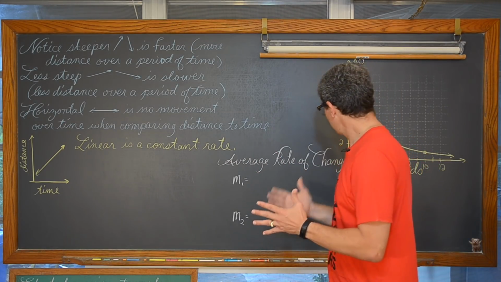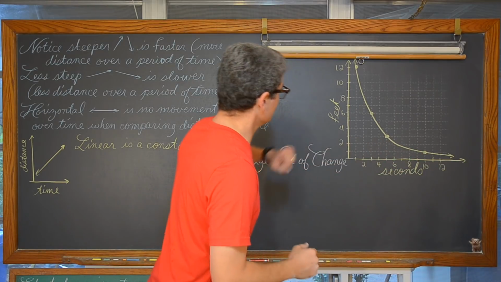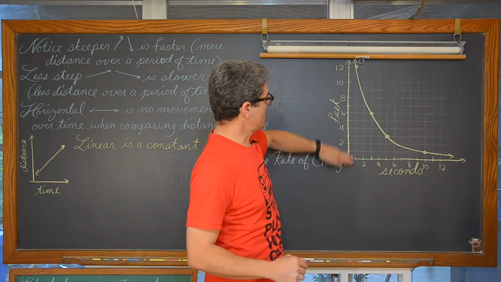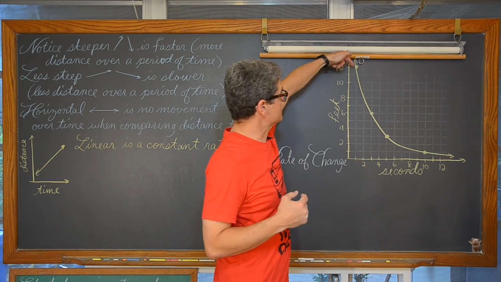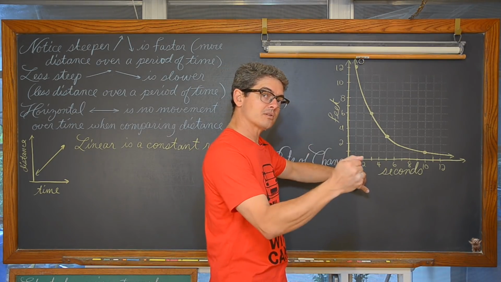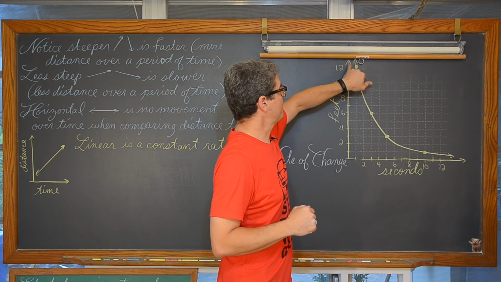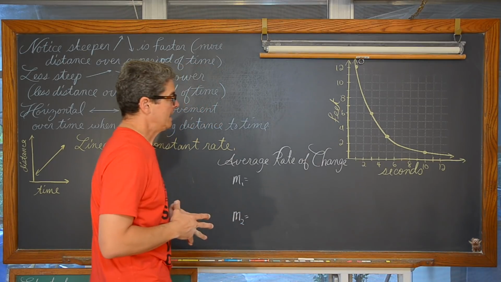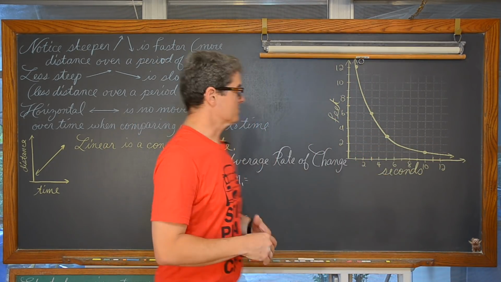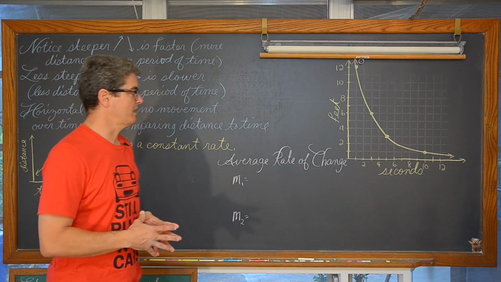Now, if you have something like we have over here, which is a graph where we start off, we don't actually know where we start off because this arrow just goes up forever, but at 1 second after we've started the stopwatch, we're 12 feet away from an object. And we do not have a linear segment here, so we do not have a constant rate of change.